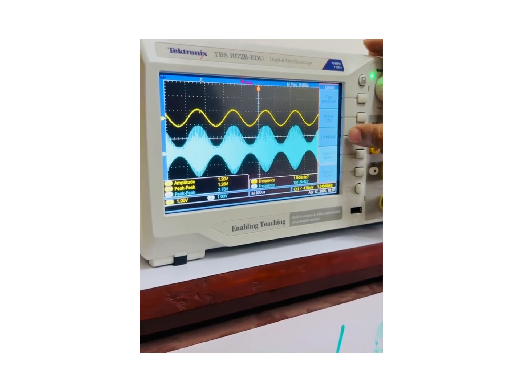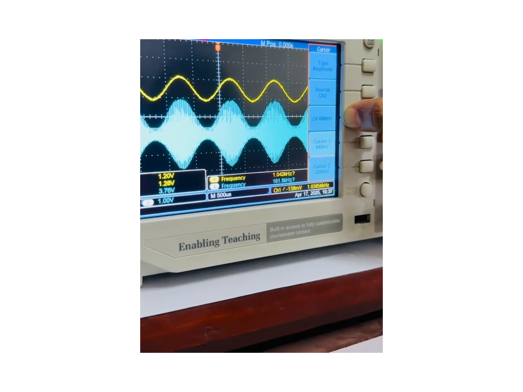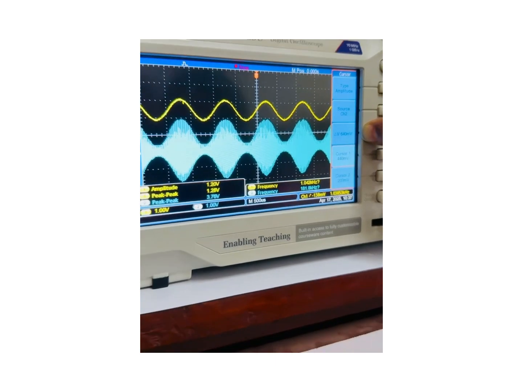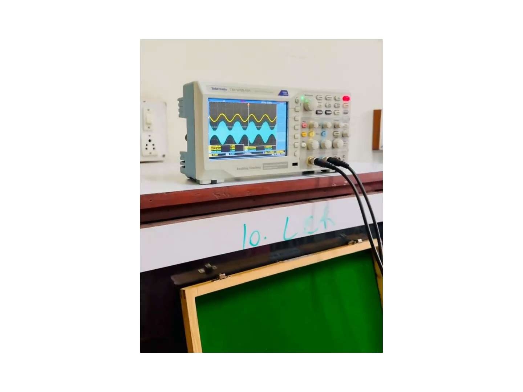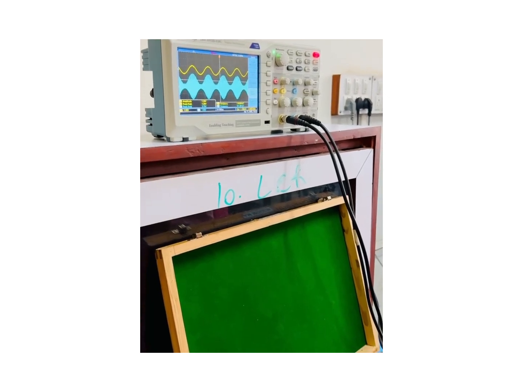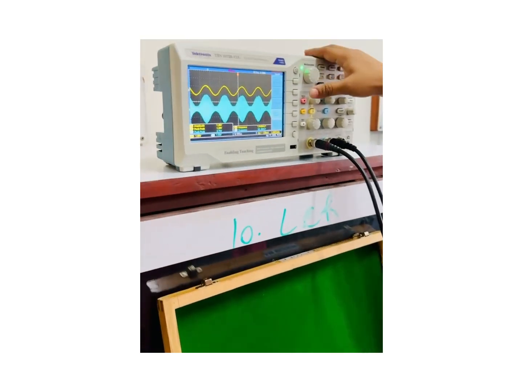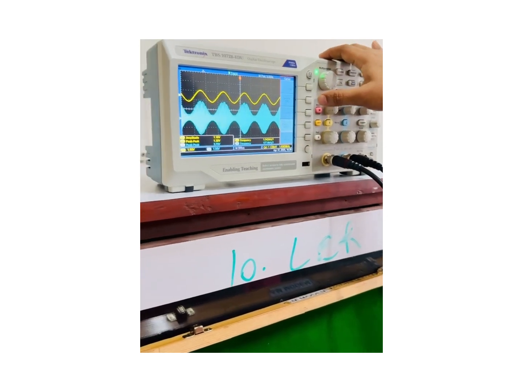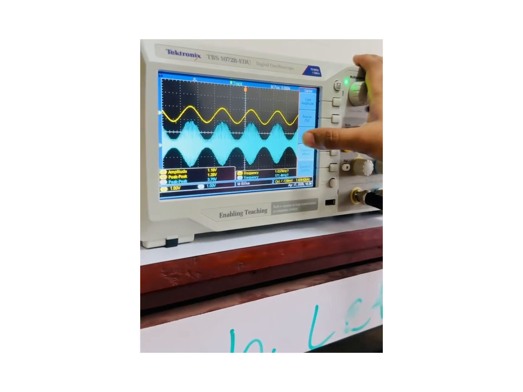And here the delta V indicates the value of Vmin, that is 640 millivolts. So by using the values of Vmax and Vmin, we can calculate the modulation index theoretically. Also we can calculate the modulation index using the trapezoidal method, for which we need to use XY mode. Now in XY mode, we have to